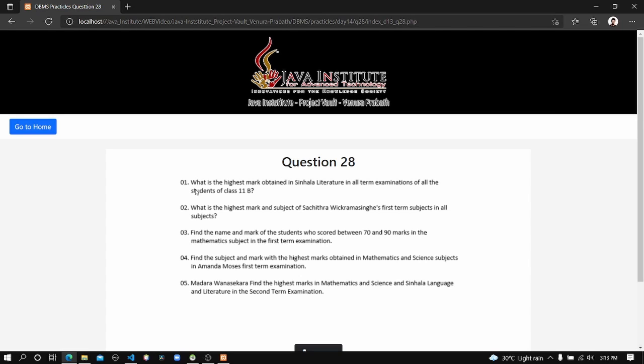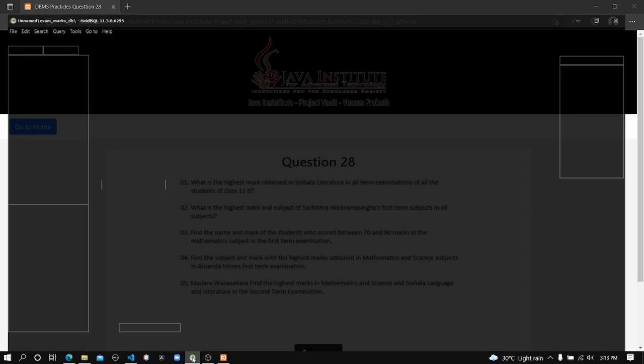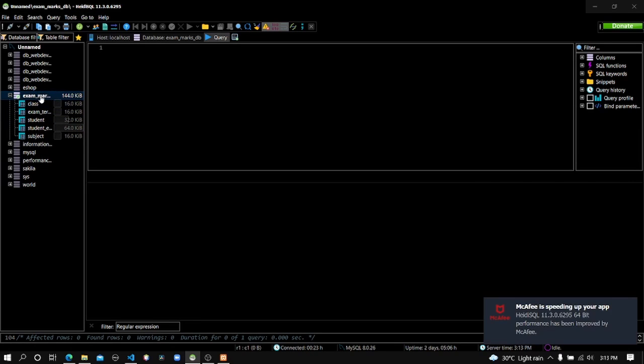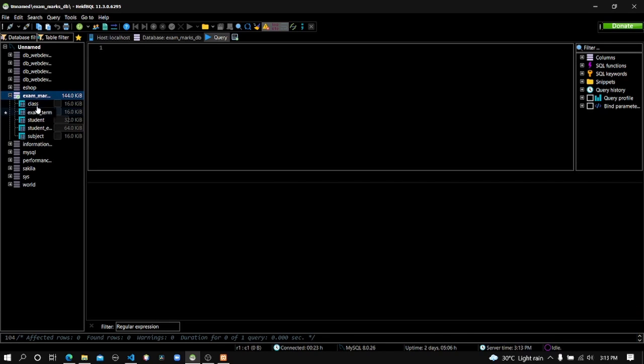Here's the first part. What is the highest mark obtained in Sinhala literature in all term examinations of all the students of class 11B? You can see we have to find the highest mark. If you watch the previous videos, let's go to our database here. This is the database we are using, and these are the tables we created